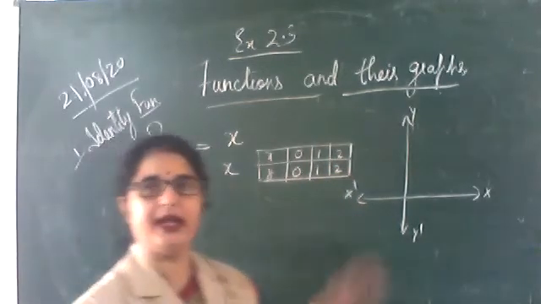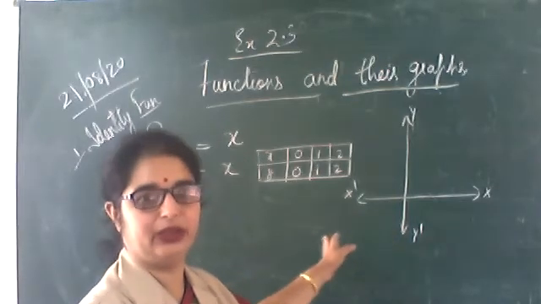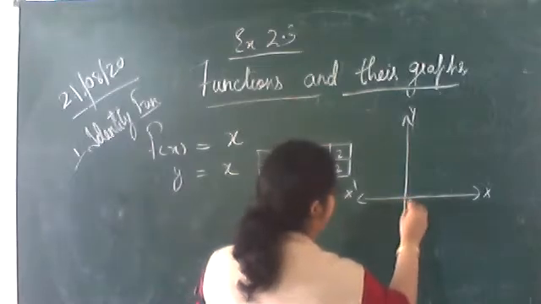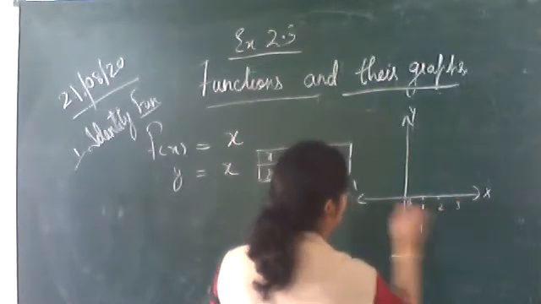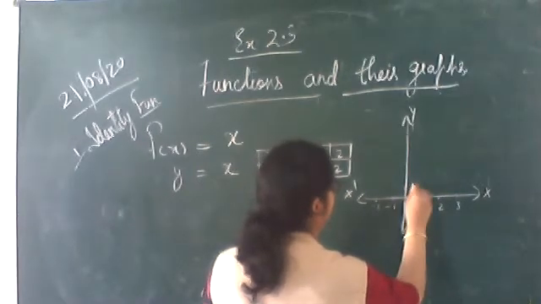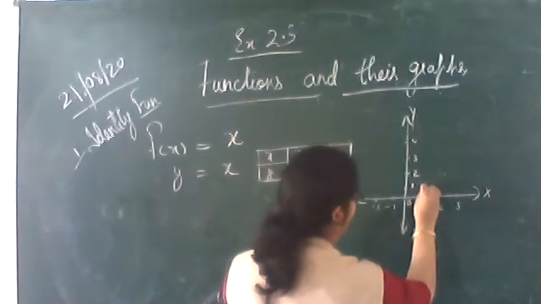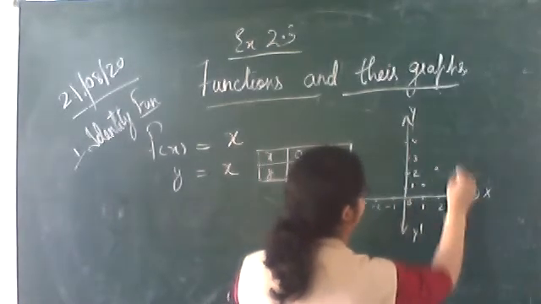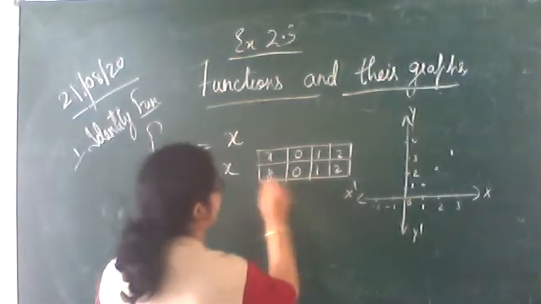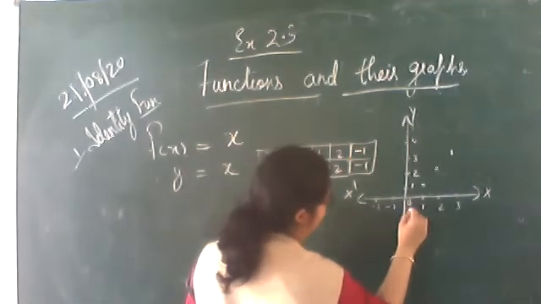If you keep going, what are you going to get? You will get the same values of x, same values of y. Now how are we going to plot the graph? This is 0, 1, 2, 3, again minus 1, minus 2. Same way here 1, 2, 3, 4, and so on. Clear? On 1, we get 1; on 2, we get 2; on 3, we get 3. On minus 1, x is equal to minus 1, y will be minus 1. So here we will have minus 1.